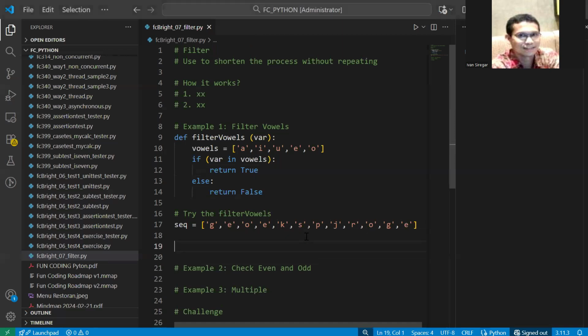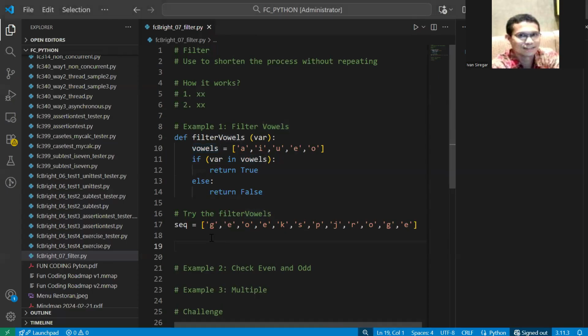And now we continue with calling the filter vowel here and check whether the sequence's membership is vowel. To do this, we call the filter.